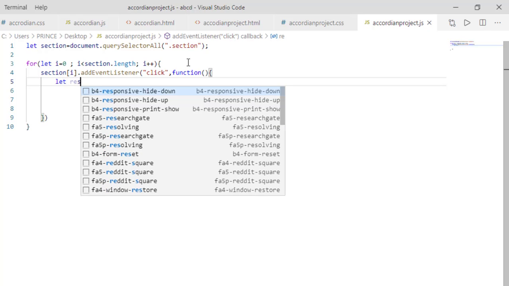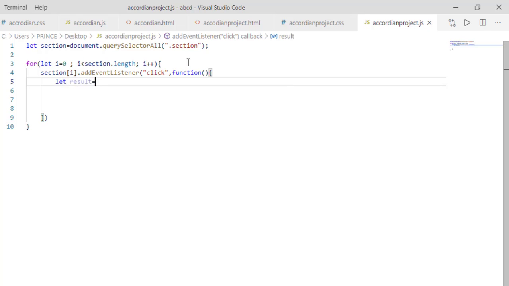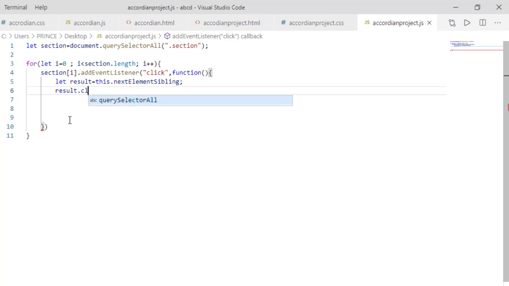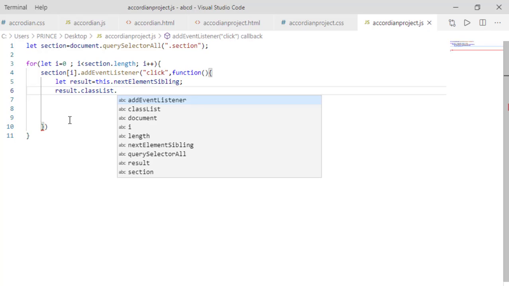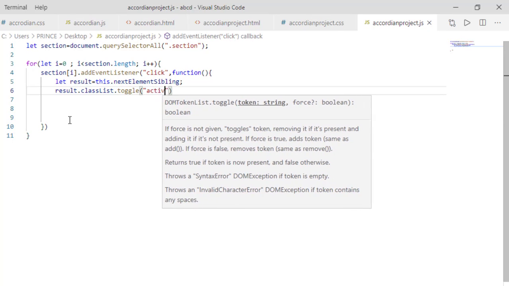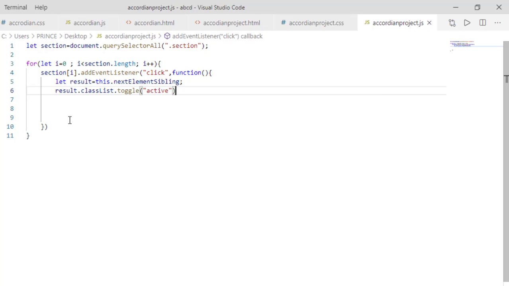So I simply declare a variable result, then equal, this.nextElementSibling. So result will store the next element sibling, which is the description of any section, known as the content. And then we have to simply activate this. So result.classList.toggle, and inside this we pass active to activate this, then add a semicolon here.